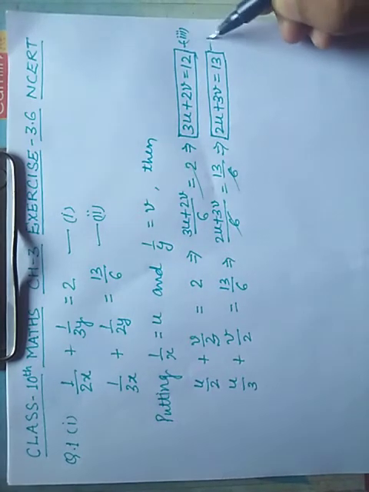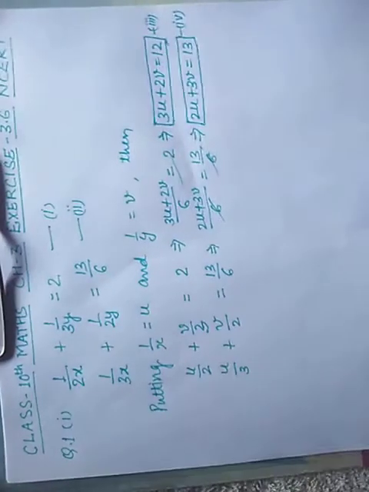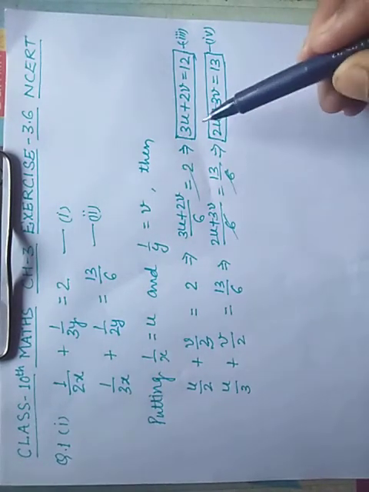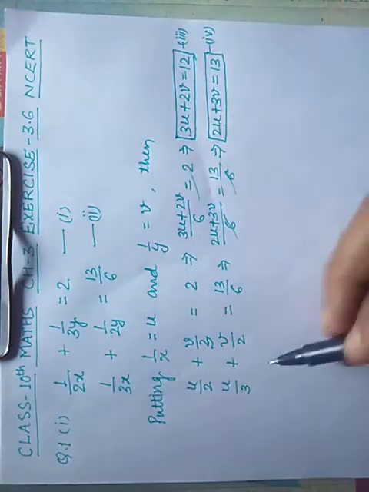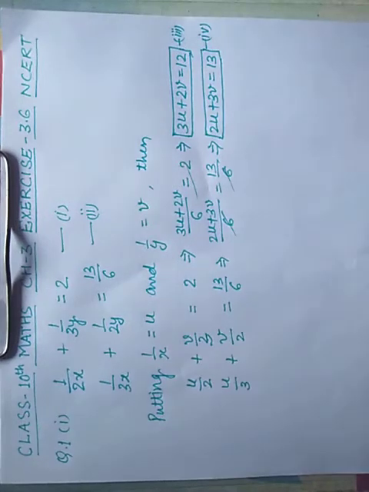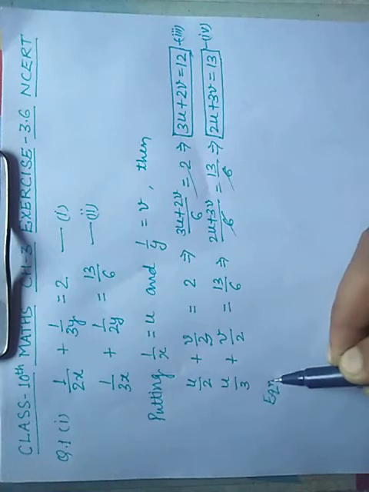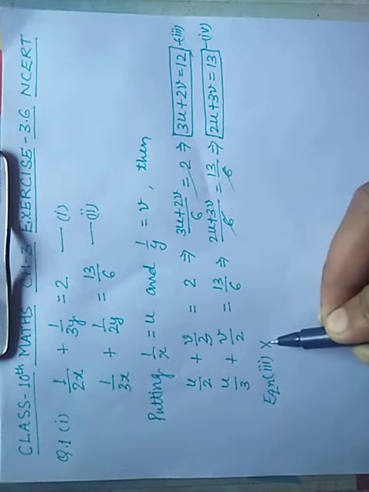Now we can solve these two equations by any one algebraic method. So let us solve them by elimination method. We have to multiply equation third by 2 and equation fourth by 3, because we have to make the coefficient of one of the variables numerically equal. Okay, so we can write here equation third multiplied by 2,